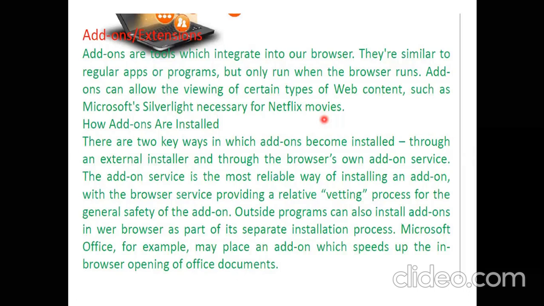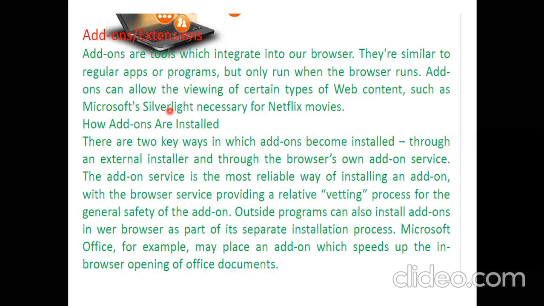Add-ons is the name given to the smaller applications, smaller tools, which get attached to the web browser so that content can run on your web browser. Not applications, but, like, videos and all can run on your web page. So the example is that if you want to see Netflix movies using a web browser, we have an application to see Netflix movies, but we can always access it with the help of a web browser too. If you're going to do that, they will ask you for Microsoft Silverlight, which is the function required for playing Netflix movies. For that, you would have to find the add-on on the web and just install it.